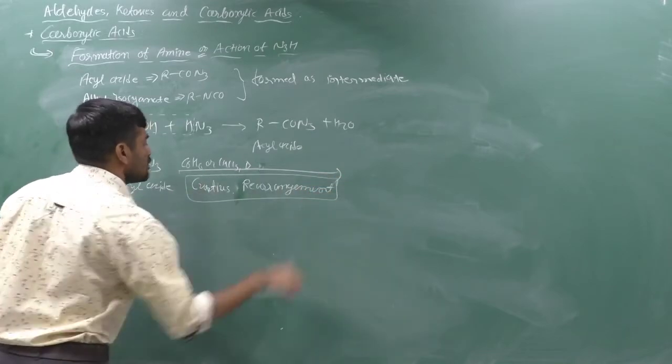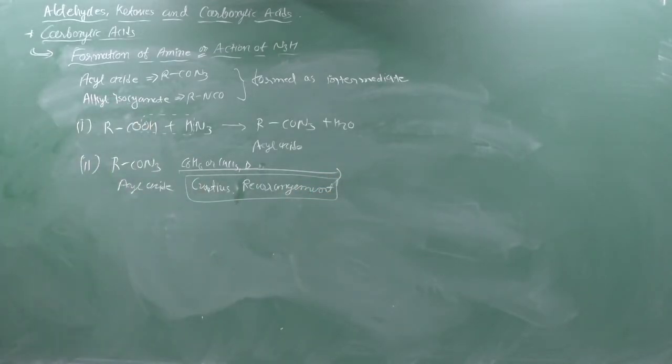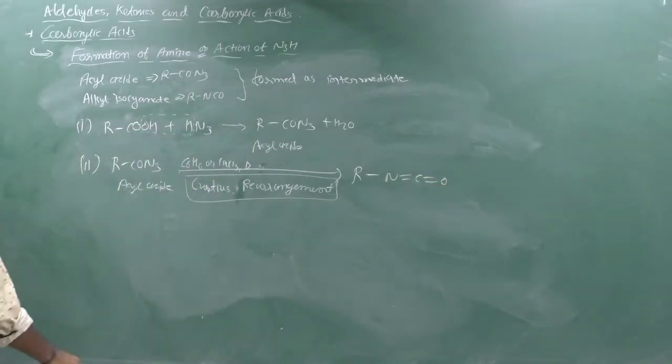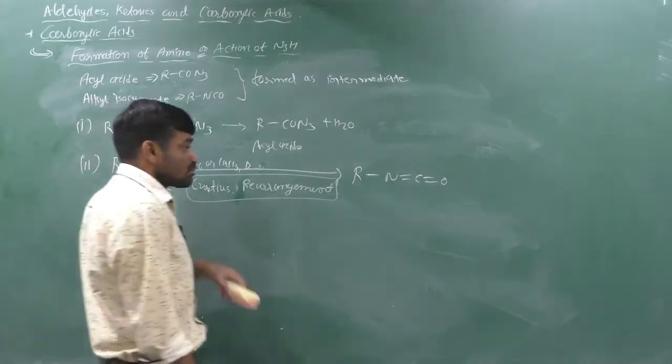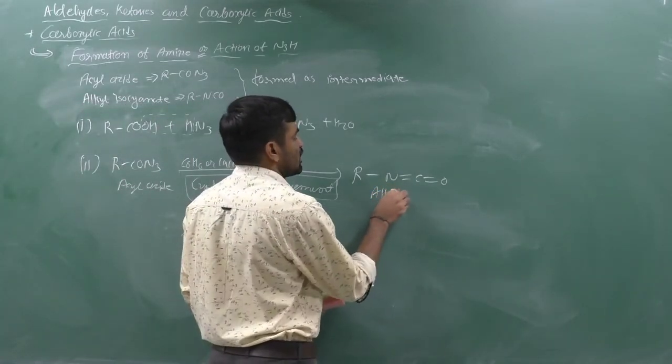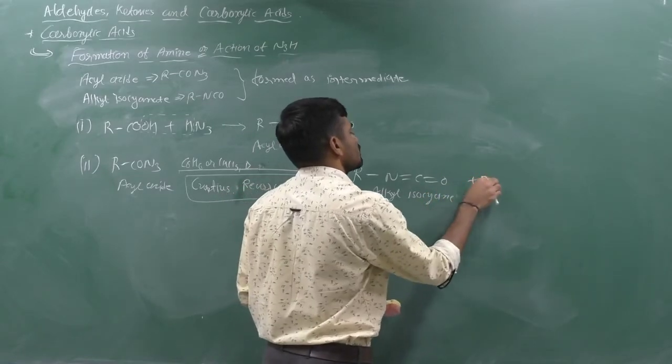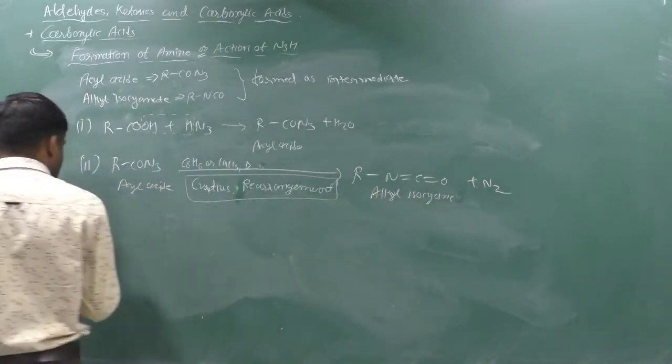Remember that. And we can have the final product R-N=C=O, which is alkyl isocyanate, plus N2. And now in the third step,